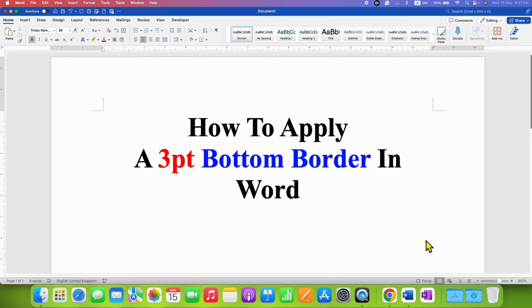In this video you will see how to apply 3-point bottom border in Word document. It's very easy. To apply 3-point bottom border, click inside the document where you want to insert the border, and